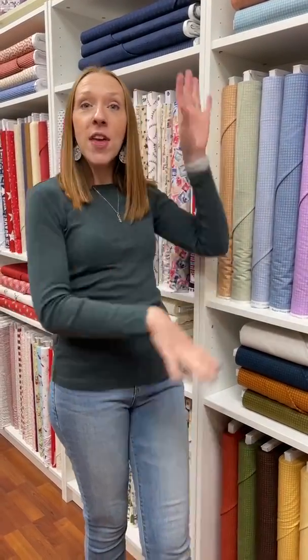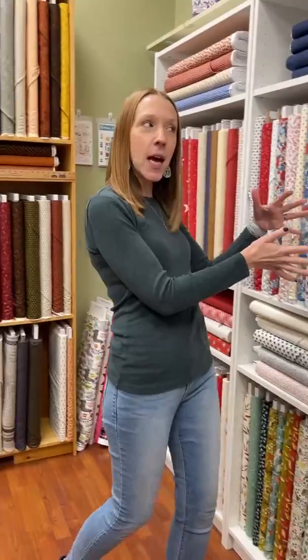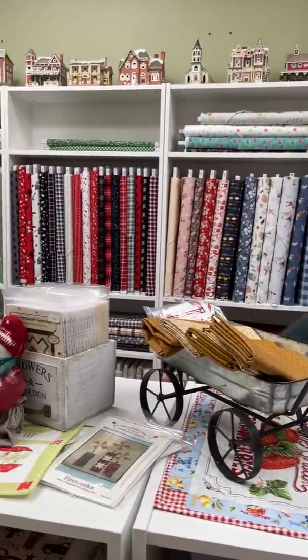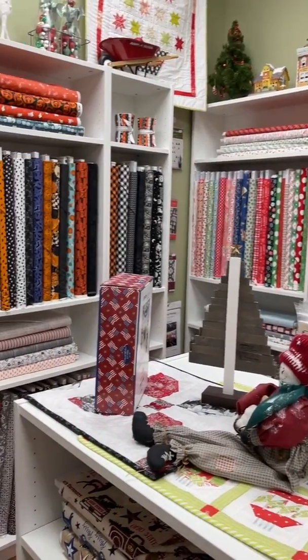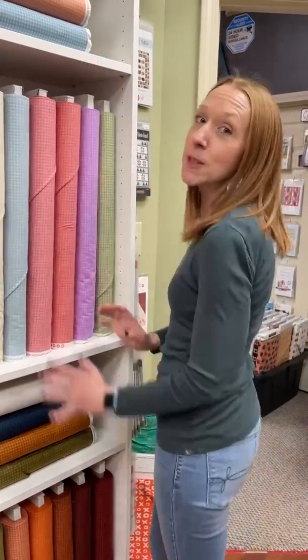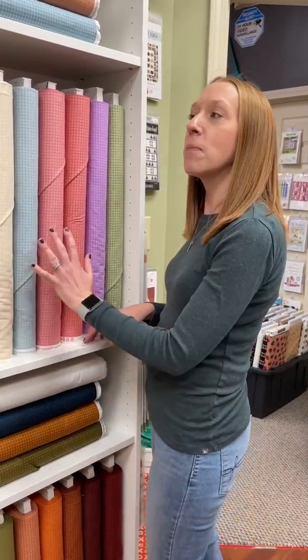Okay, I'm going to show you this cool line, but first I have news. We have a Christmas present to you sale starting now through the end of the year. Everything except this beautiful line I'm going to show you in a second in this seasonal room is 25% off. I know, you're excited about that present, aren't you? So we have Halloween, we have Christmas, we have fall, we have patriotic. It's super fun. The sale will be marked on the website. You don't have to put a code in or anything. It'll already be made to sale price. So get 25% off, all that fun stuff, except this beautiful shelf, which is a brand new line called Blushed